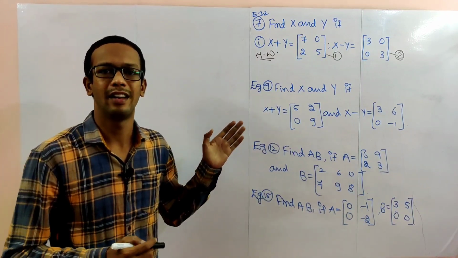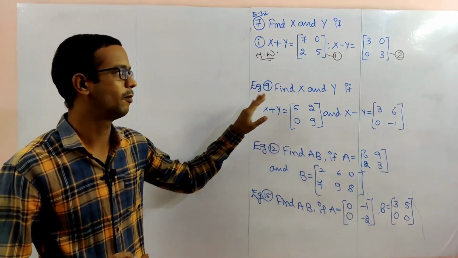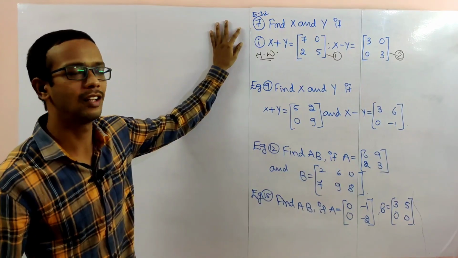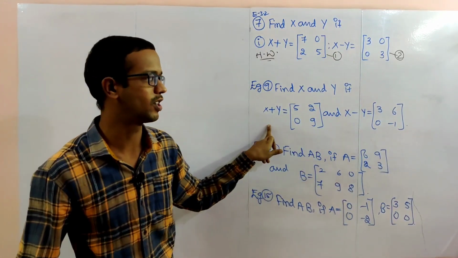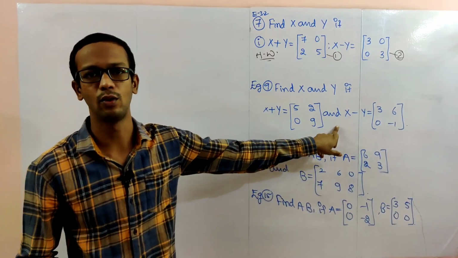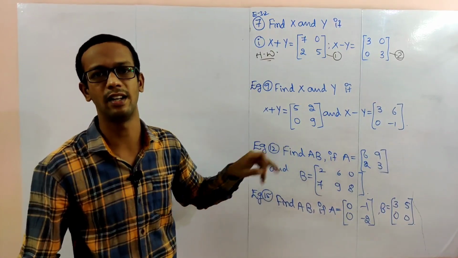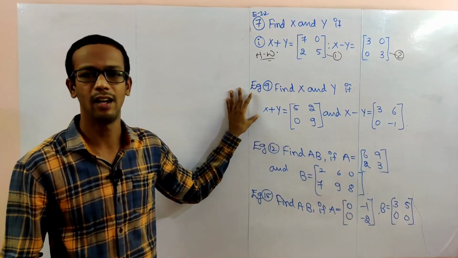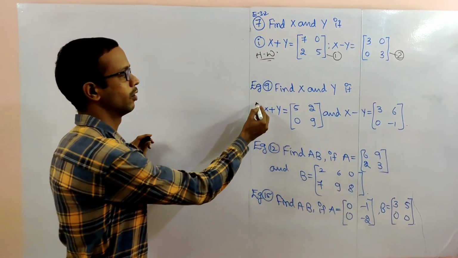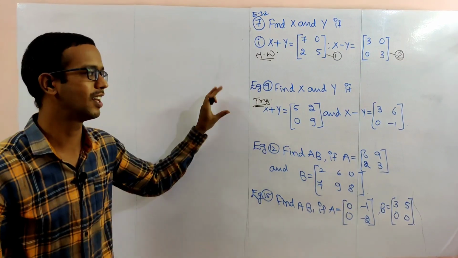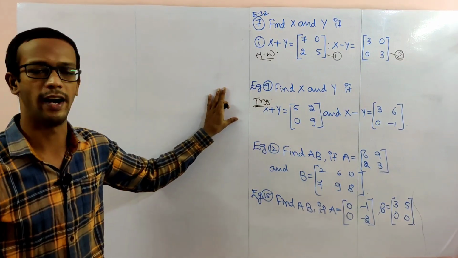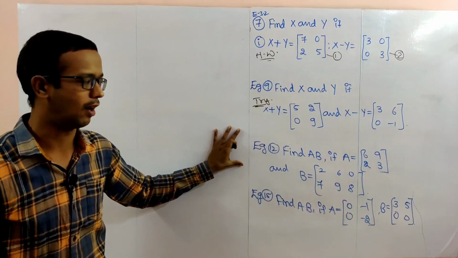One more example, 9, is there. That is also a similar problem. Find x and y, like the 7th problem, first one. Same to same. Two equations are there. Take equations 1, 2. 1 plus 2 make once, 1 minus 2 once you make. You will get the x and y matrices. So try this also yourself. Answer, for checking purposes, is in the description box notes. The answer I wrote; you find the solution.